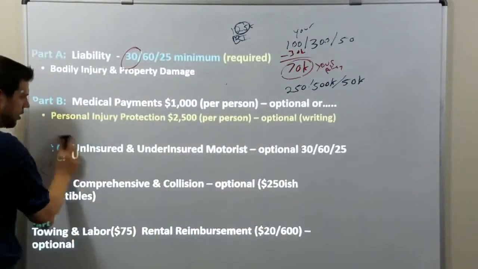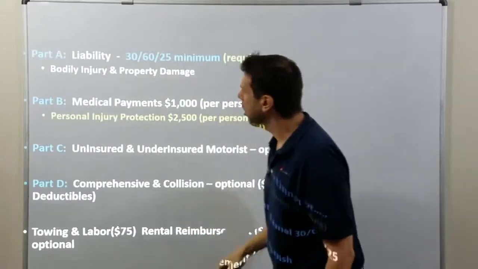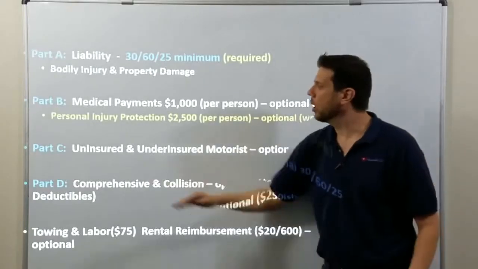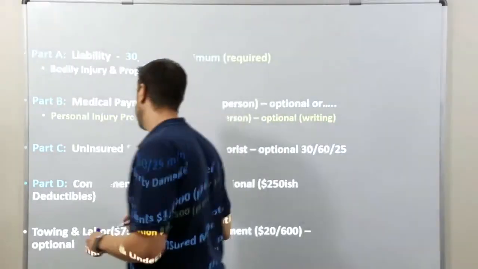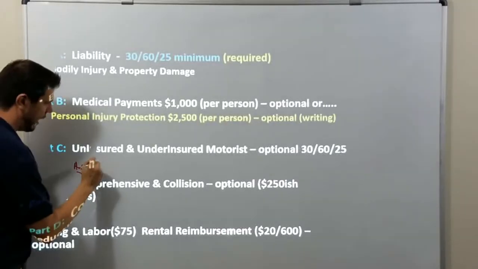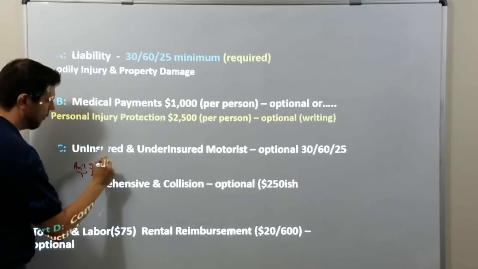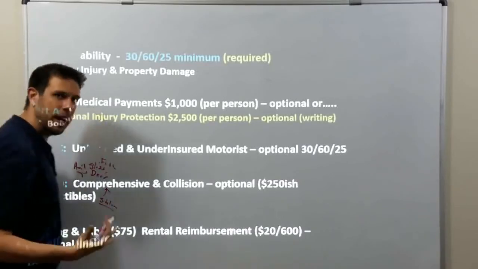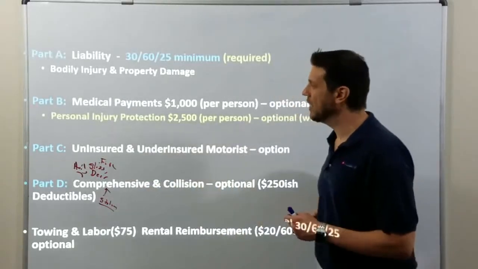Comprehensive insurance, also known as other than collision, fixes your car if it's a not at fault accident or if something happens to your car. Comprehensive fixes your car if it hails, or if glass breakage, or if you hit a deer, or if your car catches on fire, and if your car is stolen. Comprehensive covers you if something happens to your car and it's not your fault.